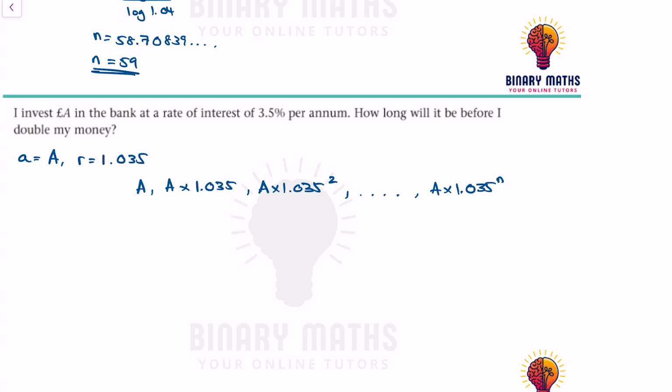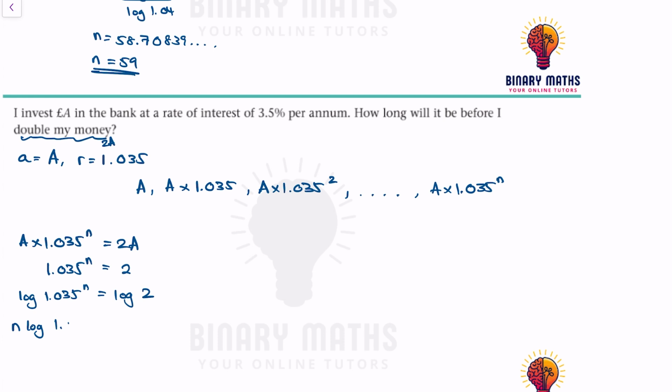So I want this after n years to be equal to double my money, which is equal to 2A. So A times 1.035 to the power of n must be equal to 2A. That's the equation I'm trying to solve. So if I divide by A, I get 1.035 to the power of n is equal to 2. If I take logs, log of 1.035 to the power of n is equal to log of 2, which means n log of 1.035 is equal to log of 2. If I divide by log 1.035, I get log 2 divided by log of 1.035, which means n is equal to